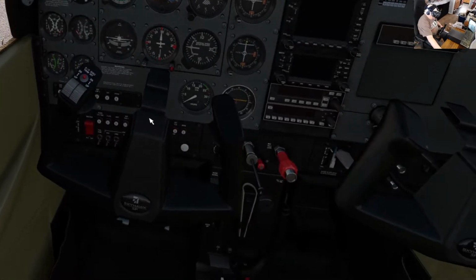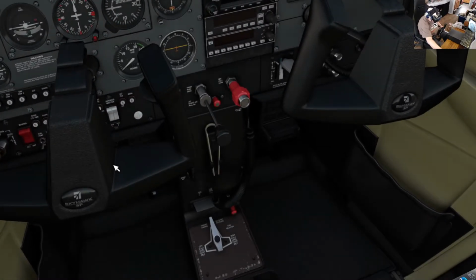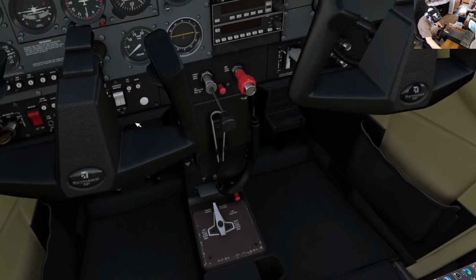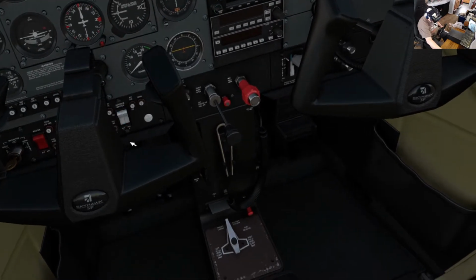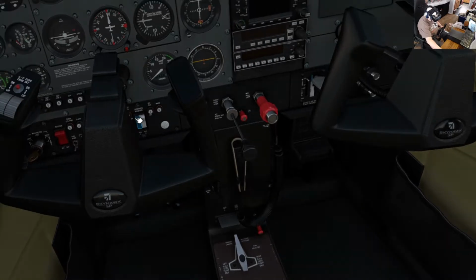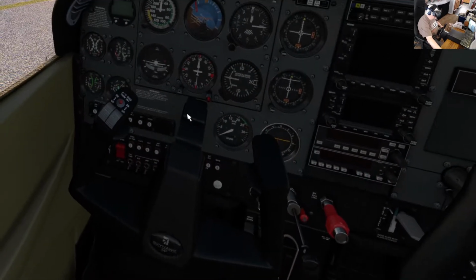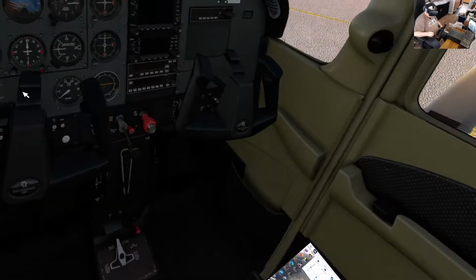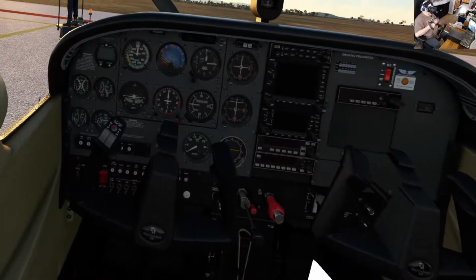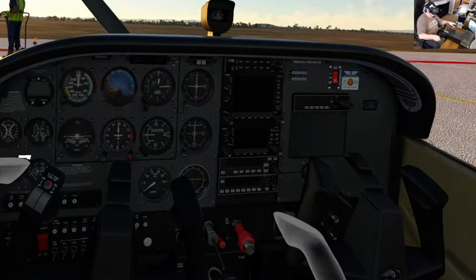Normally, it doesn't even highlight. So if I come down here a little bit, I can highlight that. There's the brake. But the yoke, nope, can't highlight it. So what do we have to do? Well, this is a bit of a pain, but